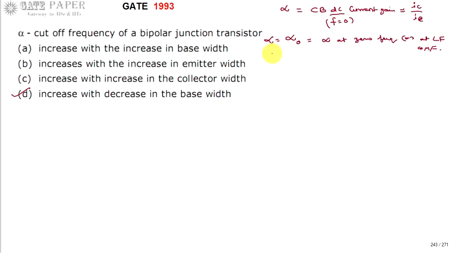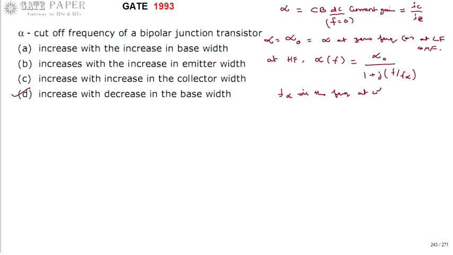At high frequencies we write alpha as a function of frequency, and the current gain decreases as frequency increases. You can write it as alpha naught divided by 1 plus j times f by f alpha, where f alpha is the frequency